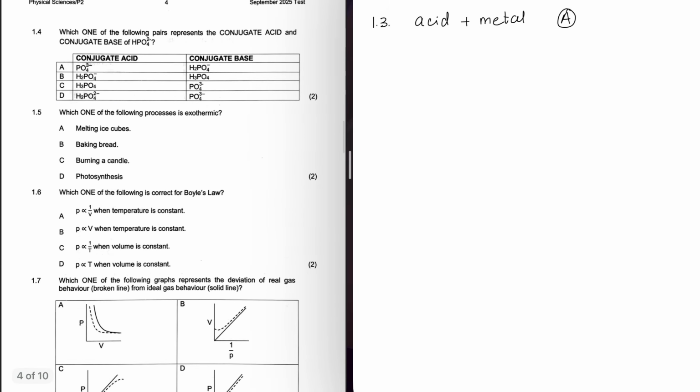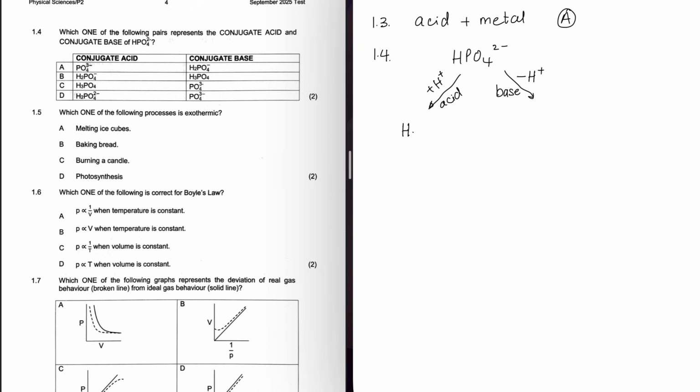Question 1.4. Which one of the following pairs represents the conjugate acid and base of HPO4 2-? So if you have HPO4 2-, if you want an acid, you add an H+, and if you want a base, you minus an H+. So if I want to work out the acid, I'm simply going to add an H+,